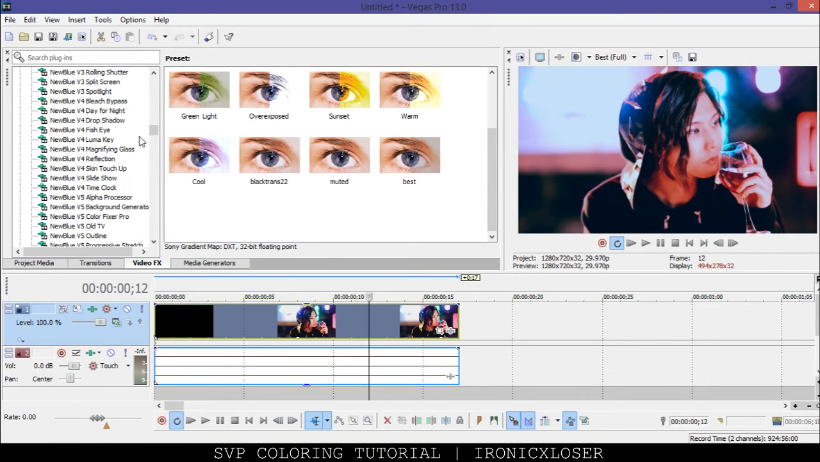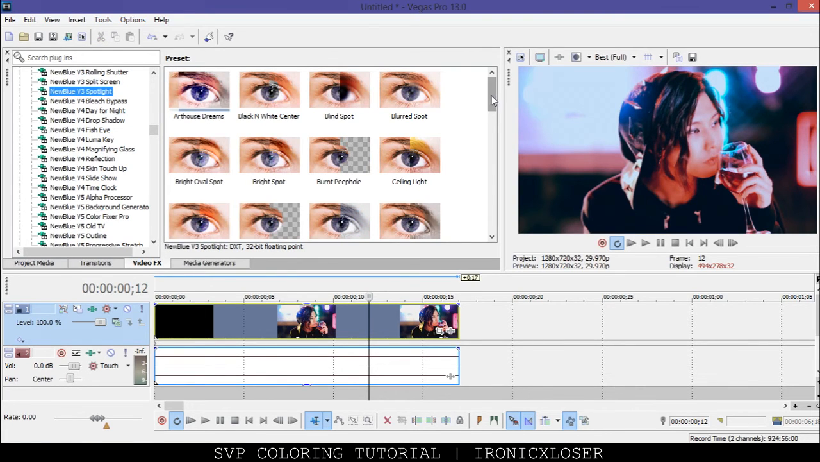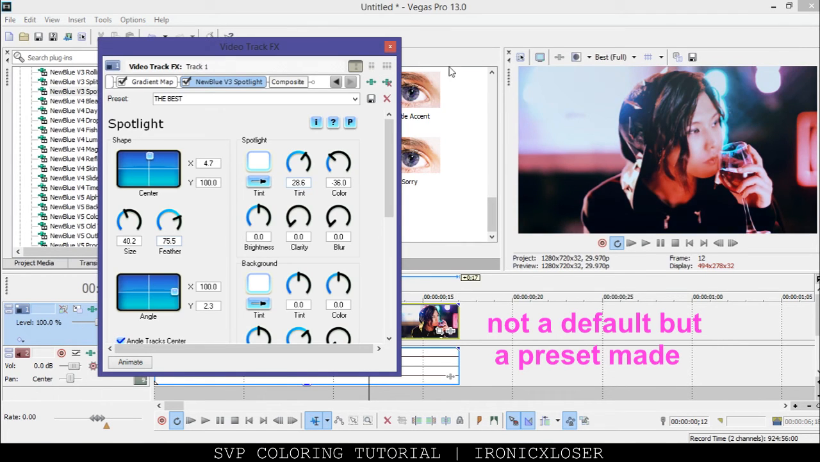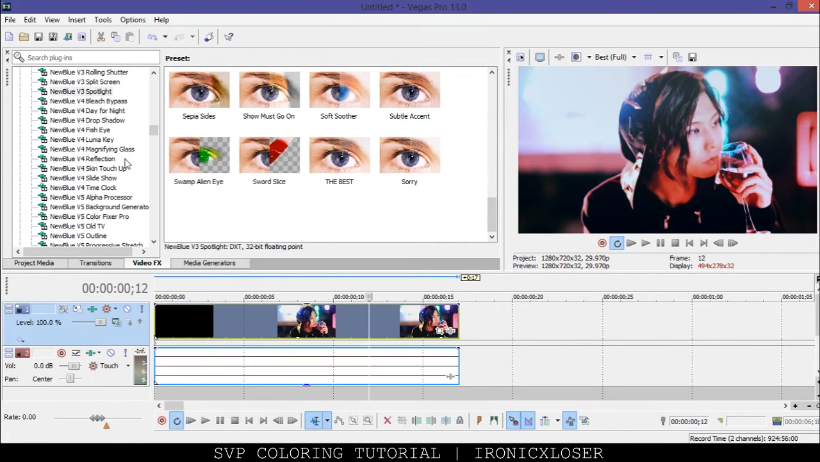Me, I'm just going to add maybe a spotlight and have a default here, the best. I'm just going to click and drag that there. It gives a little bit more power. And then what am I going to do? Select a color if you want to select a certain color or whatever, but I think I'm just going to go down to